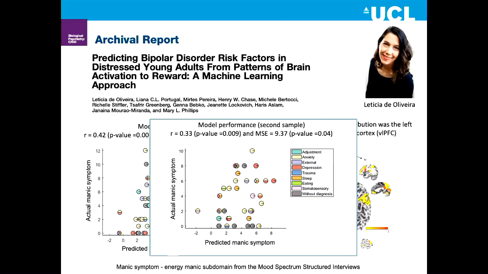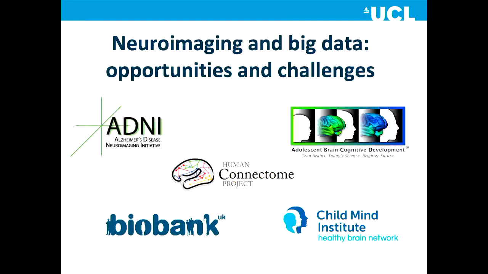So I think these two studies give us an example of how we can use machine learning to address clinical questions in psychiatry without having to rely on categorical classification labels. But in my view, they also have limitations. One is that they still use a single label, the clinical symptoms, which is a single piece of information, and only one modality of imaging. And over the last couple of years, a number of publicly available databases have become available that have multimodal imaging and lots of other information from more than thousands of subjects.